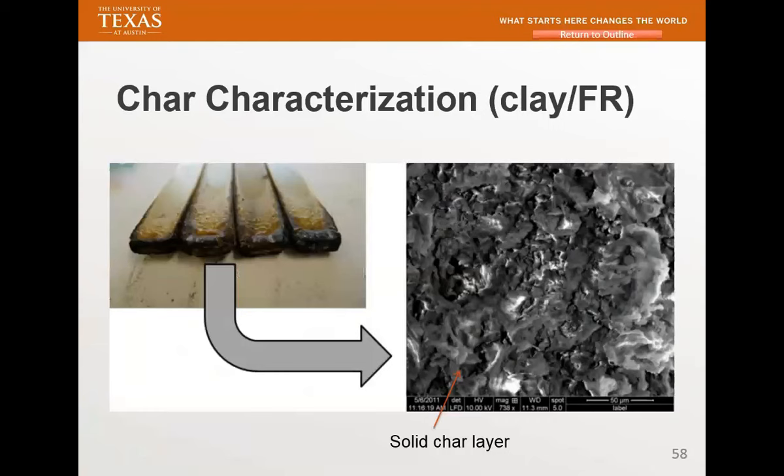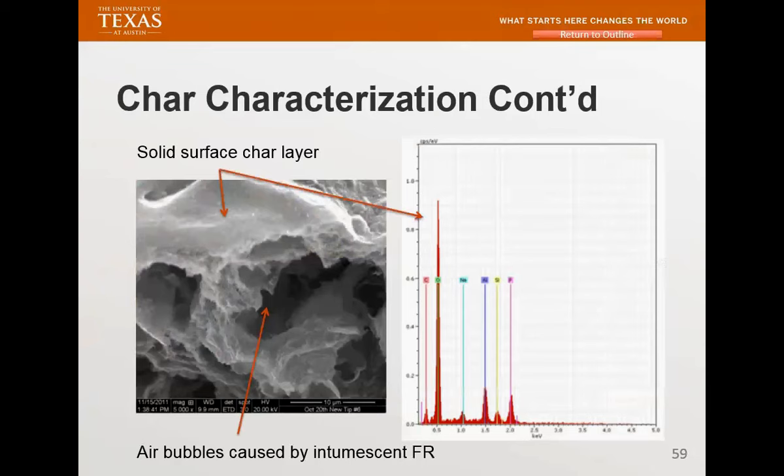Okay, so this is what you see in char formation of all these passing V0. We look at that because, besides the characterization, we're looking for the mechanism. We always would like to learn what the mechanism is. We find out that the clay forms a very good char on the outside. Anything underneath that is still rigid. But if you don't have that mechanism, the char formation, you will never get your V0 rating.